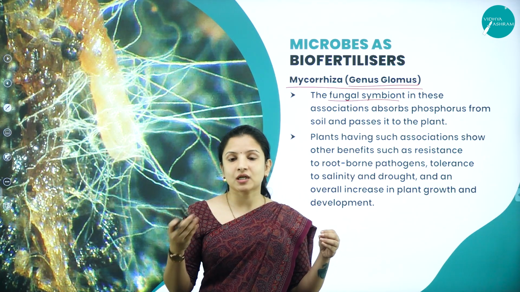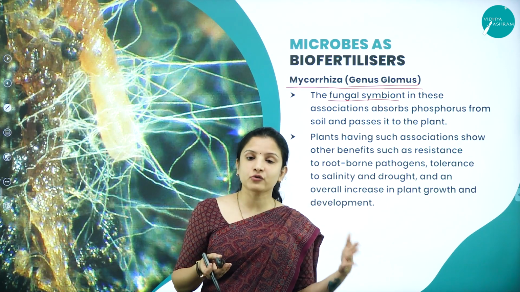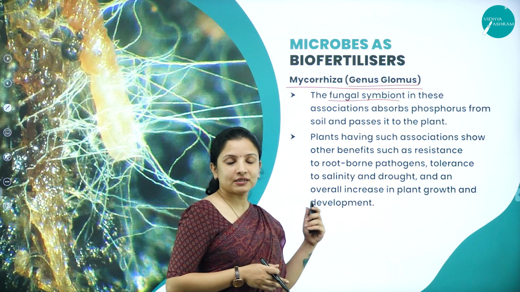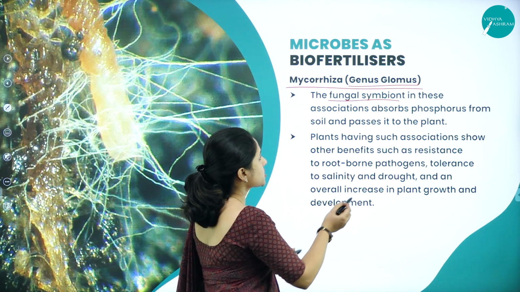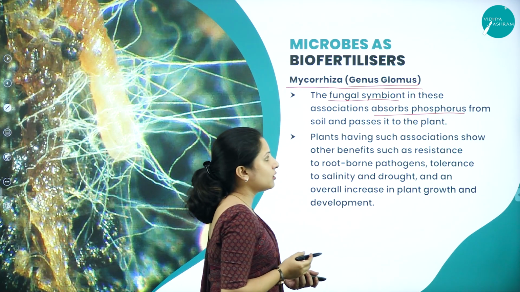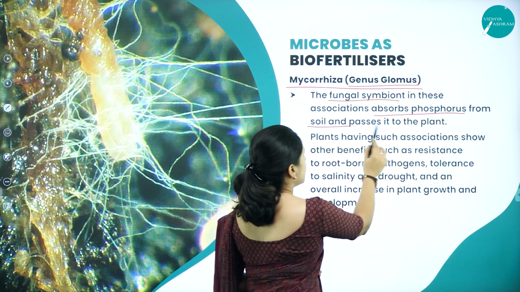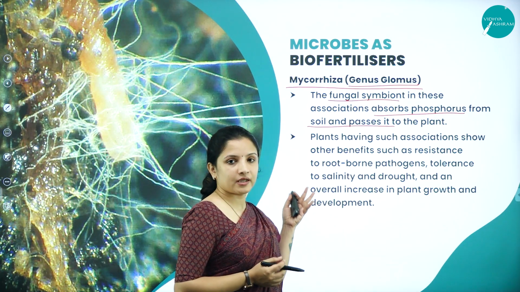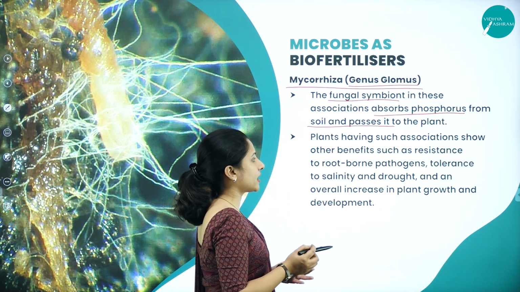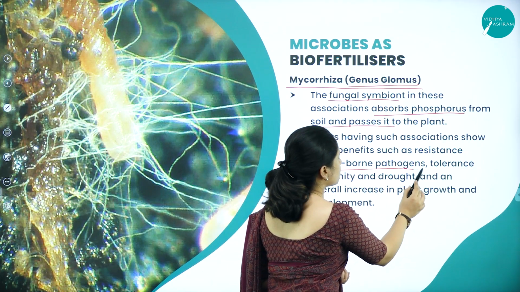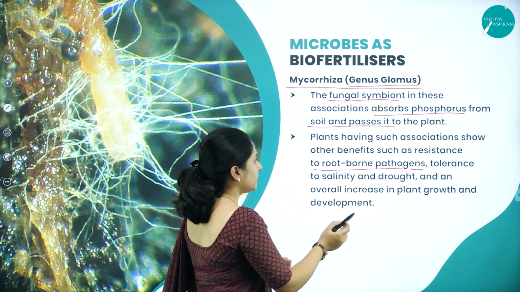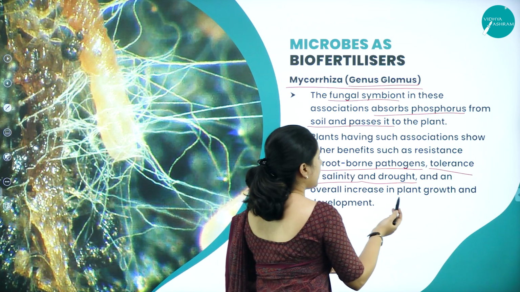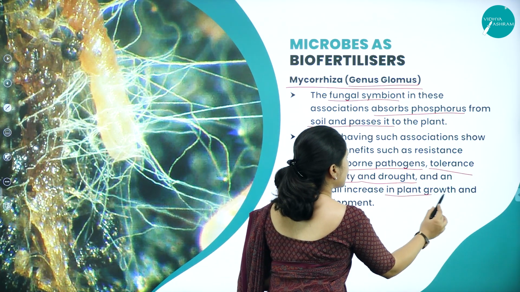Because their phosphorus absorption will be maximized when compared to those plants which are not treated with mycorrhiza. So that is why mycorrhiza is one such fungal symbiont which helps the plants to absorb phosphorus from the soil and transport it to different parts of the plant body. And plants having such an association with mycorrhiza are also resistant to root-borne pathogens, and they render tolerance to salinity, tolerance to drought, and also they play a very important role in the overall increase in the plant growth